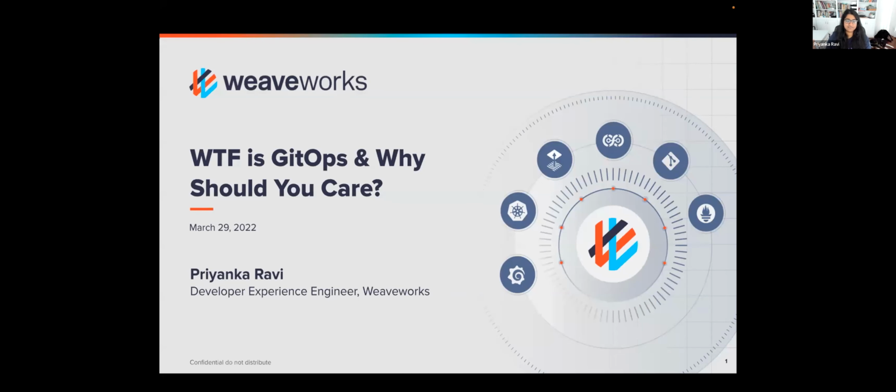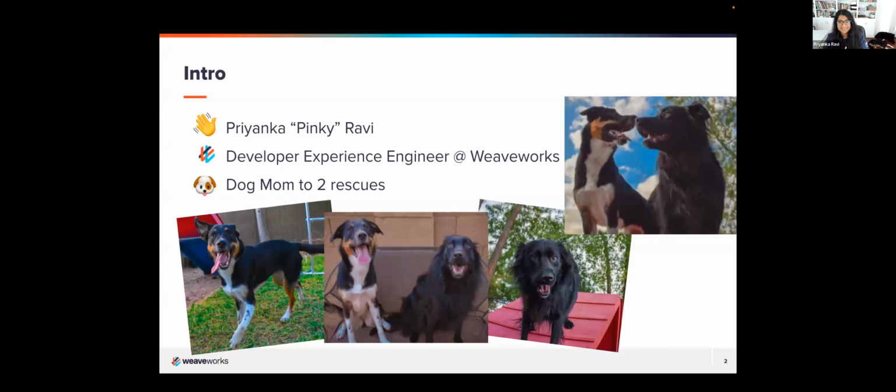As a user of GitOps and Flux, I just wanted to share the values that they bring, and also give my user experience as well. I am Priyanka Ravi. I also go by Pinky, and I am a developer experience engineer at Weaveworks, and I'm dog mom to 2